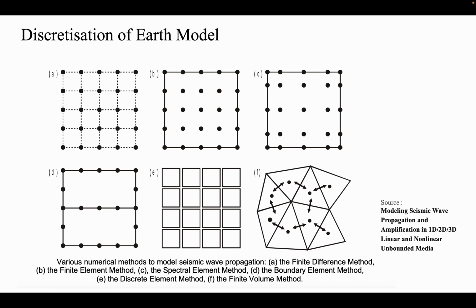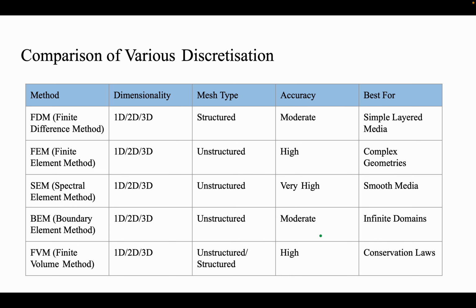Next comes the discretization of the Earth model. The Earth model can be discretized using different methods. We can have the finite difference method, finite element method, spectral element method, boundary element method, discrete element method, finite volume method. Okay. And when I talk about dimensionality, it is basically the forward modeling function which I am using. It can be 1D, 2D or 3D in all the methods which I have mentioned, but mesh type can be structured or unstructured. So as the matrix size becomes huge, we might go for unstructured meshes